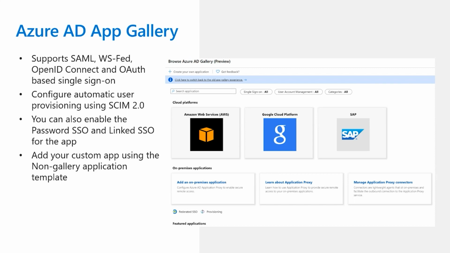Which is something that we haven't discussed, which is SCIM, right? So being able to support providing information about the users from the IDP to the service provider, and actually on the fly or in a scheduled time, provision those accounts as they get assigned to get access. So in this gallery, there are over 3,000 applications, and